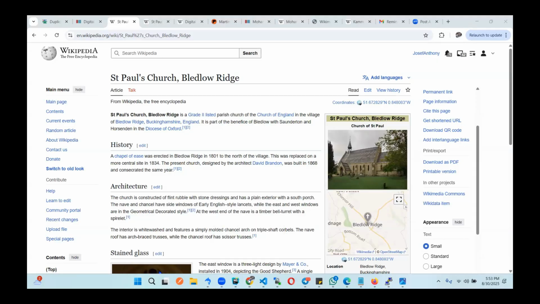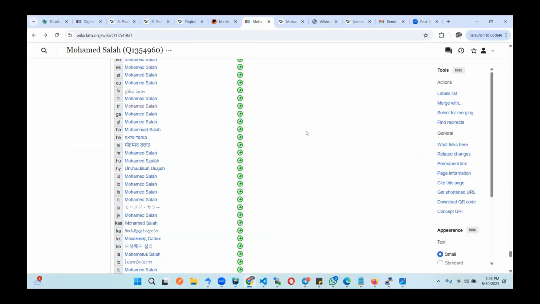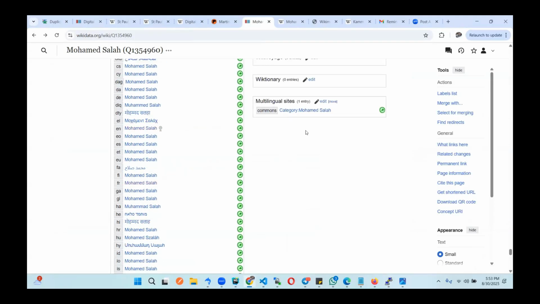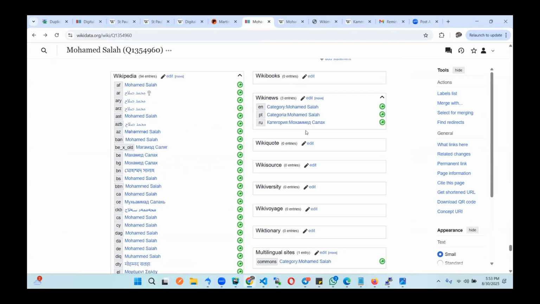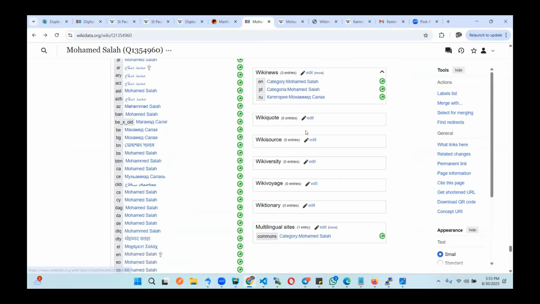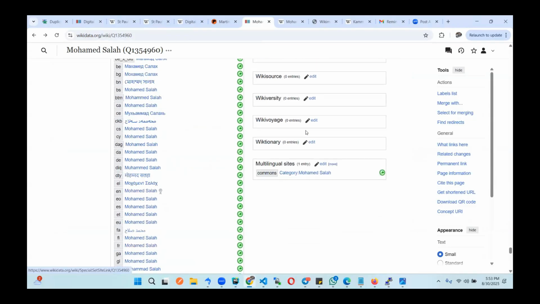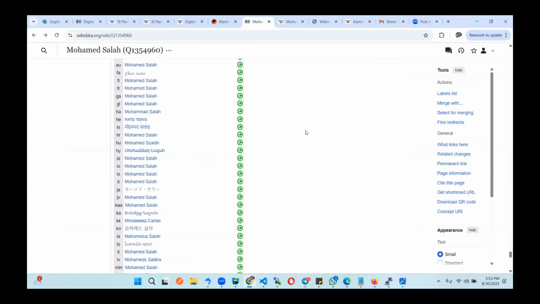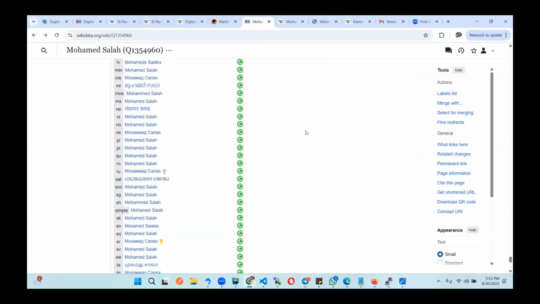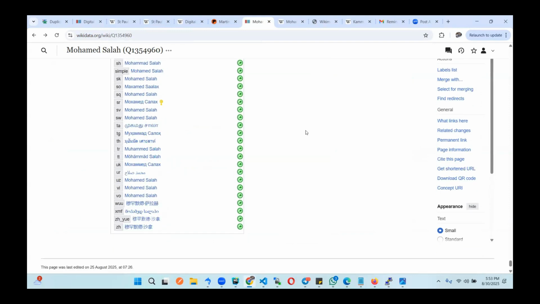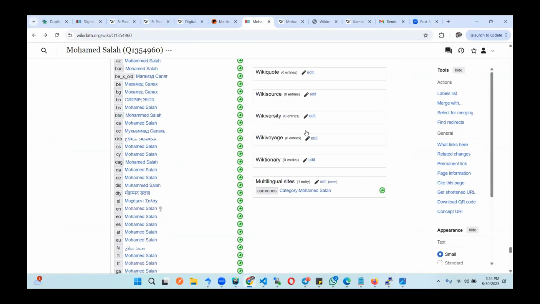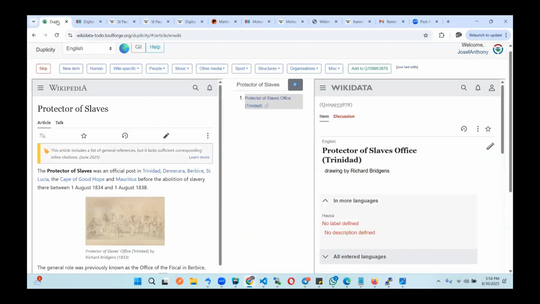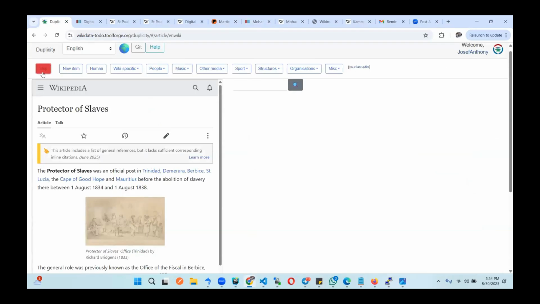Can you all see my screen? Just like Muhammad Salah, this is an item of Muhammad Salah on Wikidata. Now you can link this very item to so many wikis. You can see different languages of this item. You can link it to so many. So that's the advantage of linking articles to Wikidata. And with Duplicity, it just made it very easy. All you have to do is